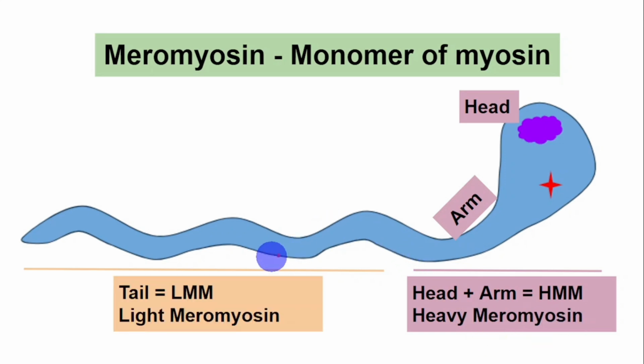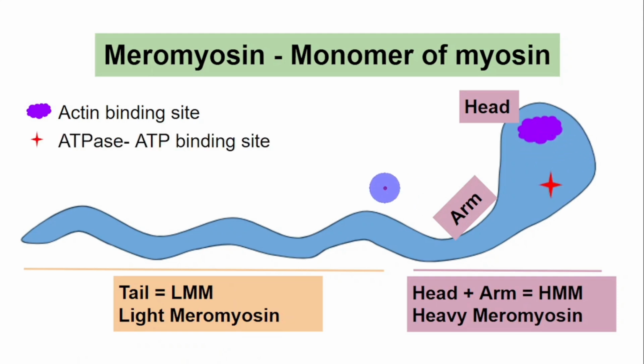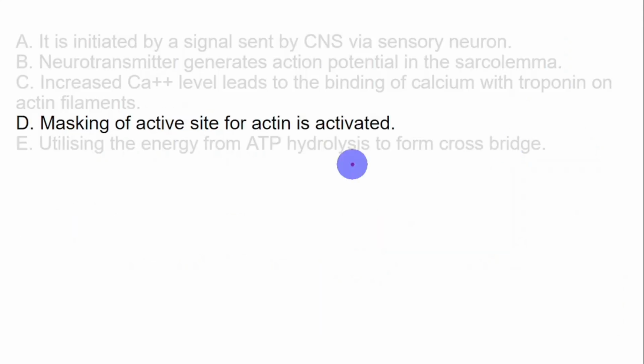And this region is called tail or LMM, which stands for light meromyosin. What you see here is actin binding site. And this is ATP binding site. It has ATPase activity. So there is nothing which covers the actin binding site. And this is the reason the statement masking of active site for actin is activated